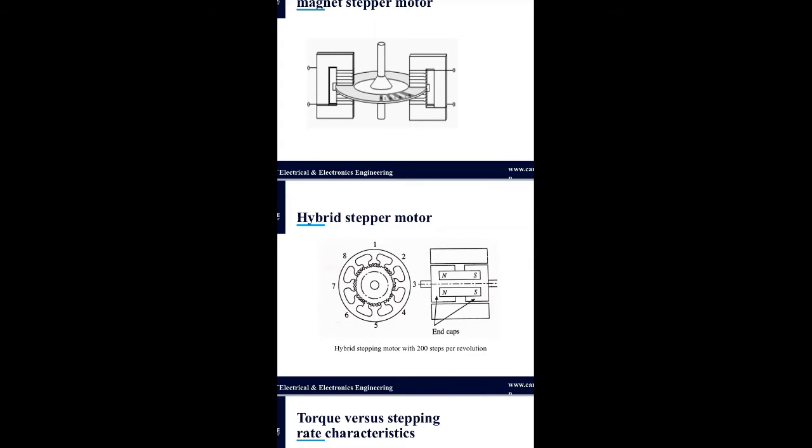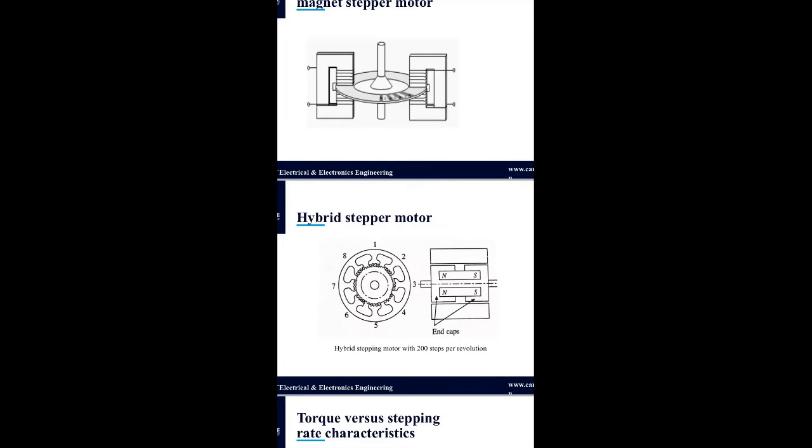This is achieved by incorporating an axial permanent magnet in the middle of the rotor. The construction here is similar to the rotor of a variable reluctance motor. The advantage of using this hybrid motor is it can produce a small step length, that is 1.8 degree. It can also produce a greater torque per unit volume and some detent torque, but it is more expensive when compared to a variable reluctance motor.